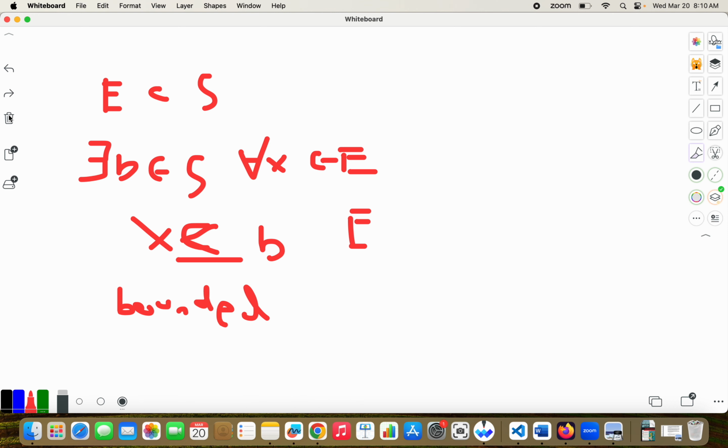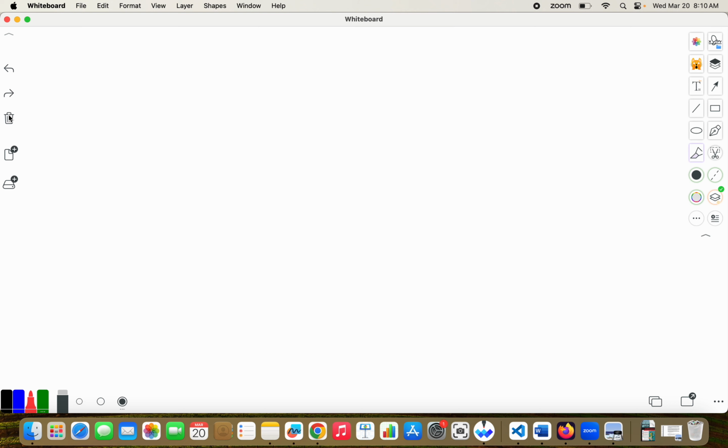So what does this mean? Well, here again, if there exists a B in S such that for all x in E, x is less than or equal to B,